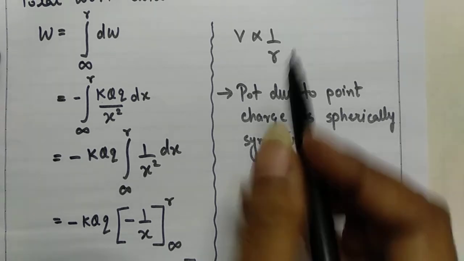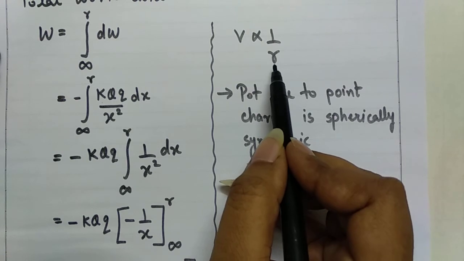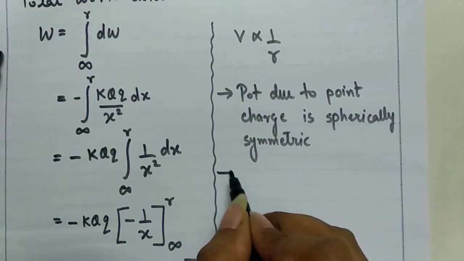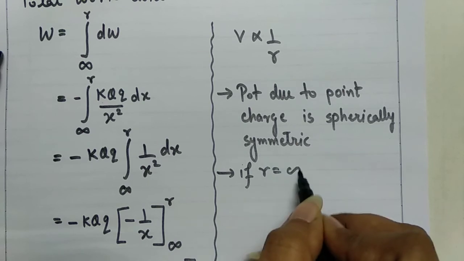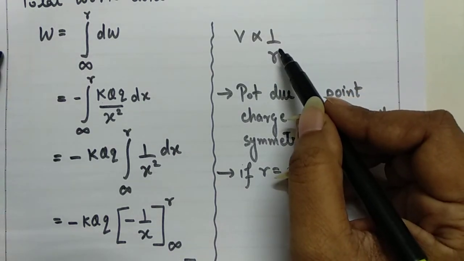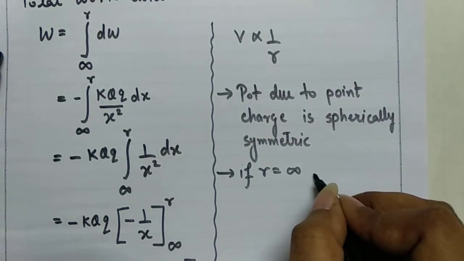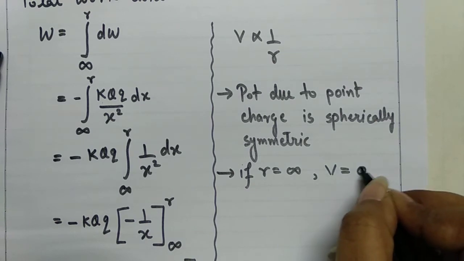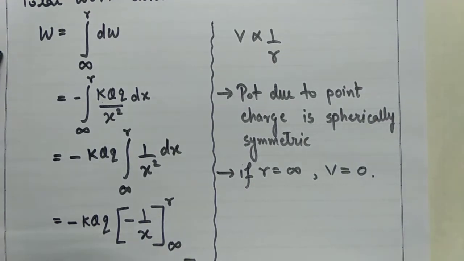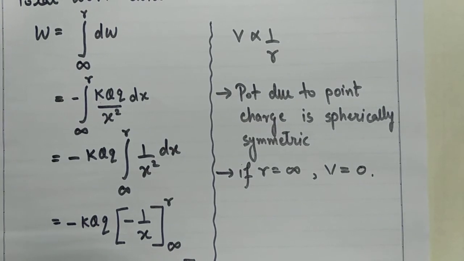Now just see in this equation, if I substitute infinity instead of r, if r is equal to infinity, then what will happen? Potential will be 0. Yes. So if r is equal to infinity, then potential will be 0. So this is a very important point, that at infinite distance from the source charge, potential is 0. It means if a point charge is at infinite distance from the source charge, then you need not do any work in shifting that charge over there.